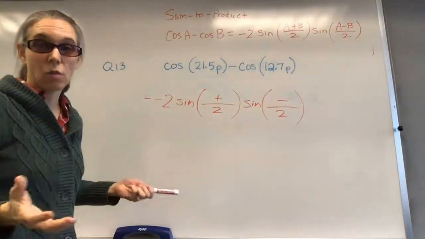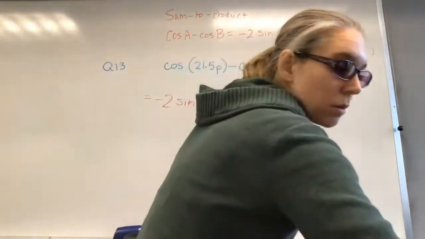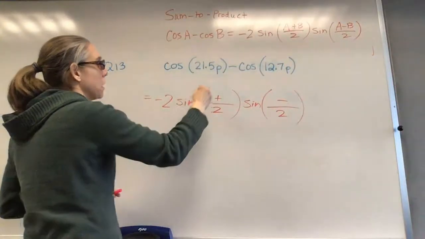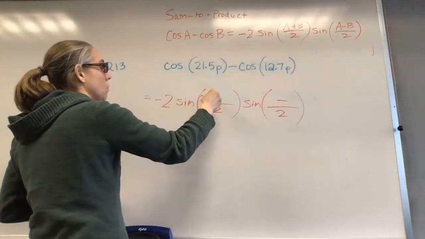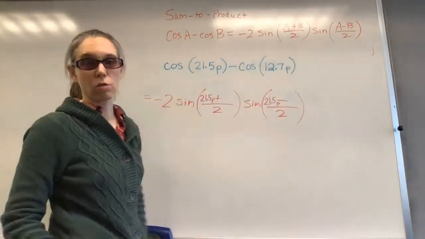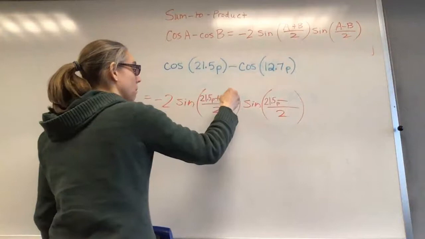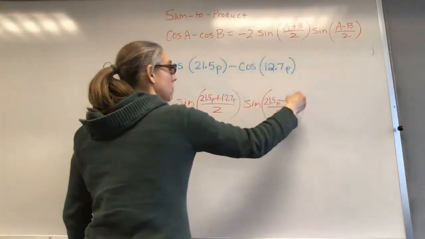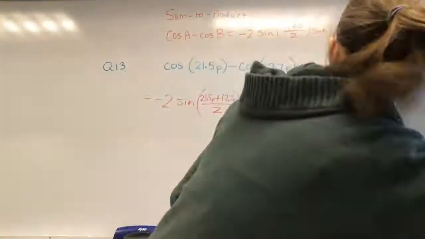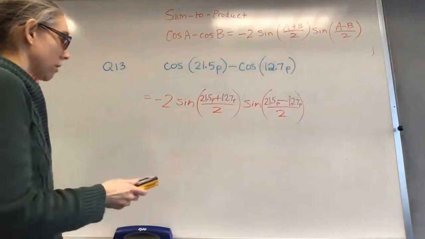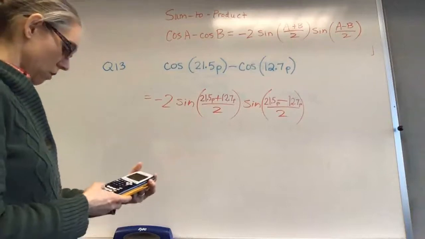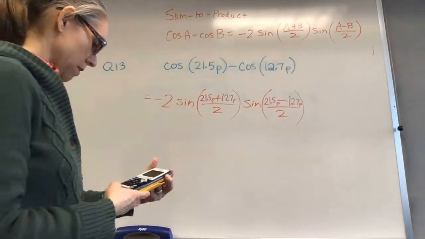And then we just need to look at what is A and what is B. So we see that the A value is going to be 21.5p. And the B value is 12.7p. Now, 21.5 plus 12.7 is 34.2. Yep, and then 21.5 minus 12.7